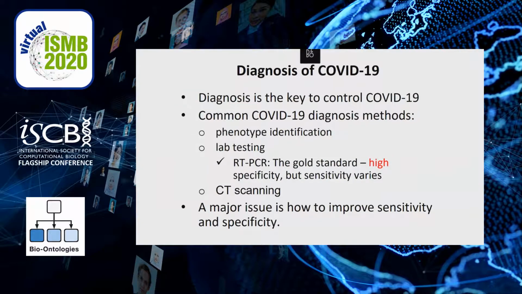So what about the diagnosis? As we all know, diagnosis is a key to control COVID-19. There are many methods of COVID-19 diagnosis, including phenotype identification, lab testing, CT scanning. In the lab testing, we should mention RT-PCR, which is the gold standard,